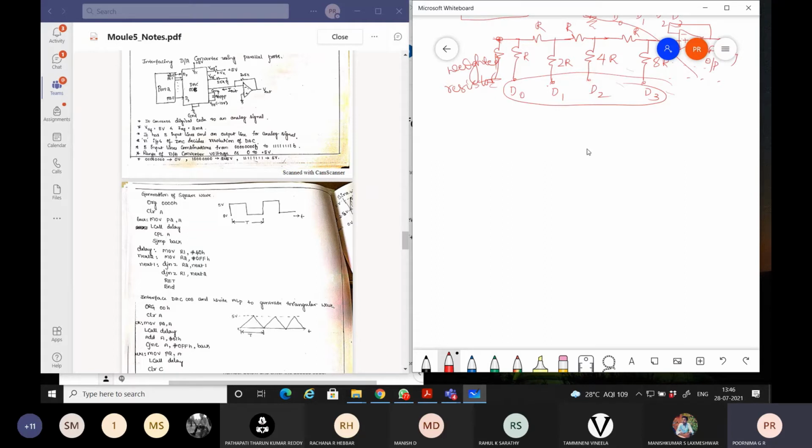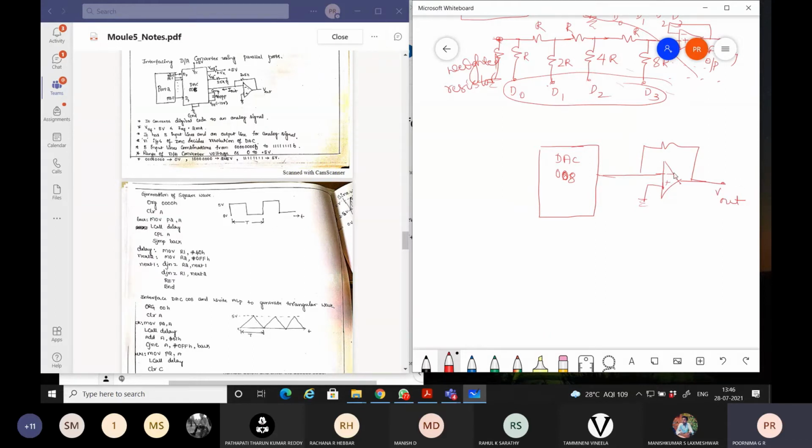For that, take the DAC, which is the 0808 digital to analog converter. It has an analog output, only a single output, which is given to an operational amplifier. It can be given to the negative terminal or the positive terminal, depending on how you consider the output, and the positive terminal is grounded. You know that when an input is given to the negative terminal, there will be an out of phase output.